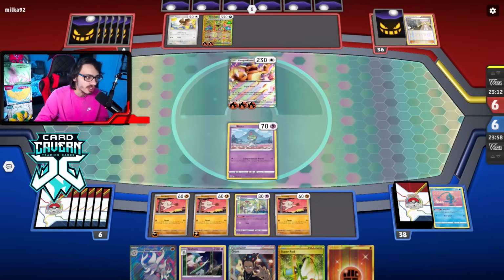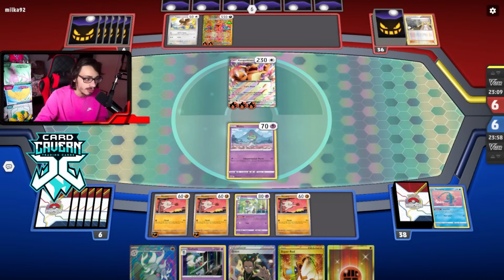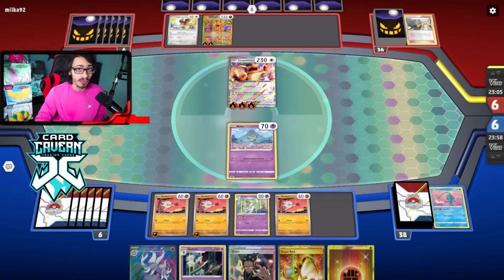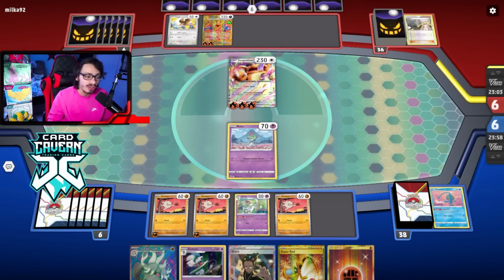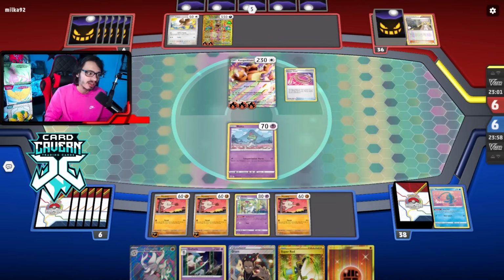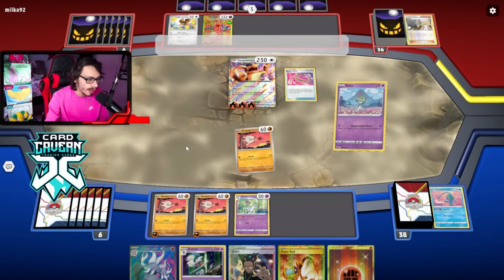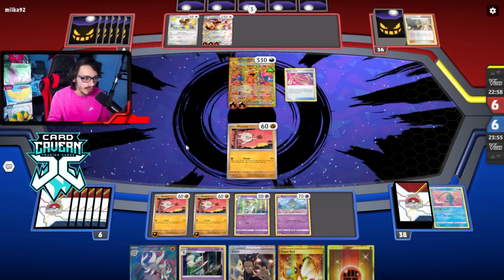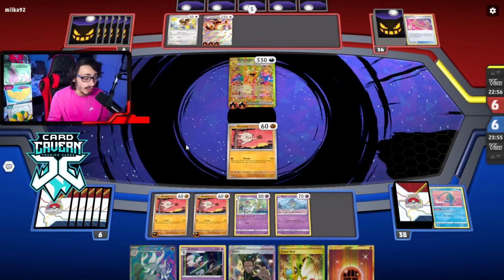If my opponent actually doesn't knock out my Kangaskhan this turn, that would be insanely good for us. It could happen. Seen crazier things happen before. They actually could whiff. It's possible. I'm not going to lie. Okay, they do rope. Actually, no. Okay, that's fine. I actually don't like not being able to kill the Kangaskhan this turn, but protecting the Ralts